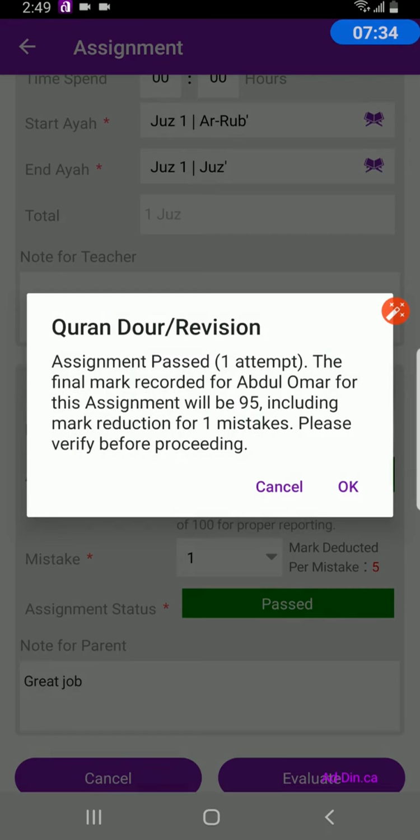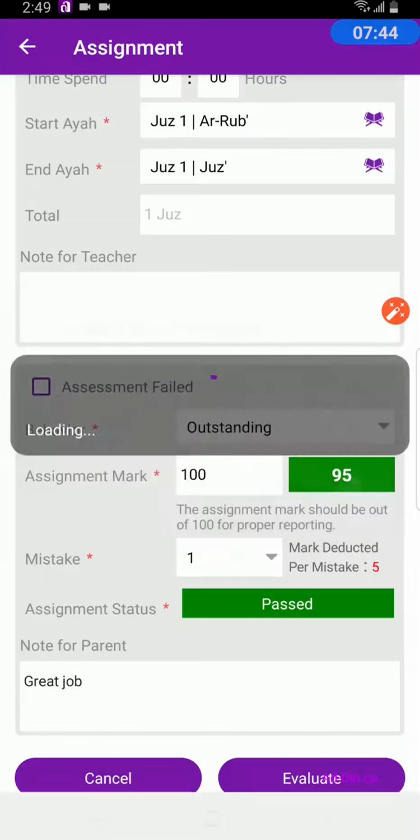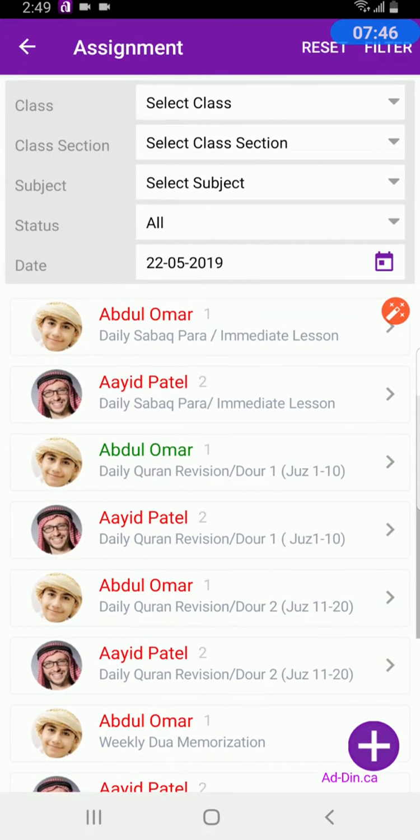Evaluate. Again, assignment passed in 1 attempt. The final marks recorded for Abdul Omar for this assignment will be 95, including the mark reduction for 1 mistake. Please verify before proceeding and just say okay. Now we have successfully evaluated the assignment for Abdul Omar's second subject called Daily Quran Revision, or Door 1, from